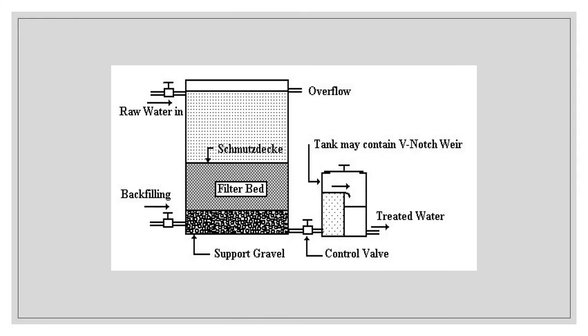So you can see at the top, the raw water is coming in through the inlet, and that slightly dotted area that you see, that's the supernatant water. The reason why it's called supernatant water is because the process of natural purification already took place when we stored the water. So naturally, this would be the supernatant water.